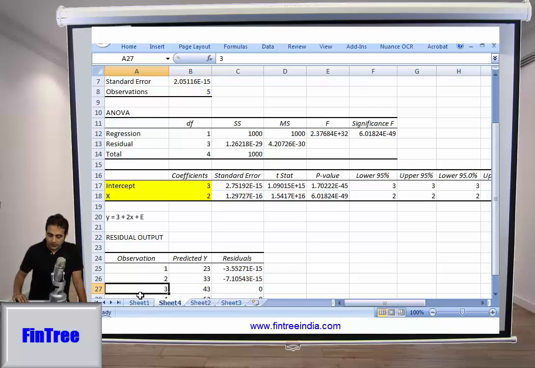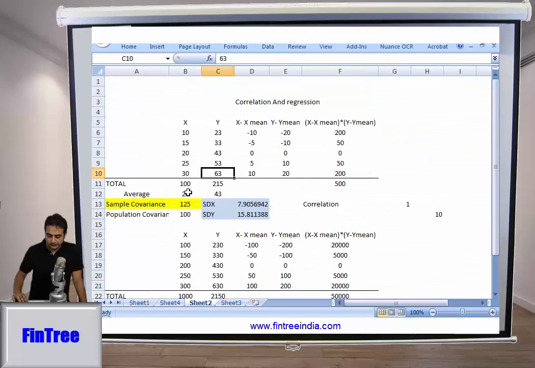Because the values we have here are the historical values. If I tell you x is 40, then you will use the equation and say y should be 83. But that 83 is a forecasted value which can have an estimation error. The actual value might turn out to be 82 or 81 or 85, and therefore a random error term is attached at the end of the equation. Are we okay? Then write down below